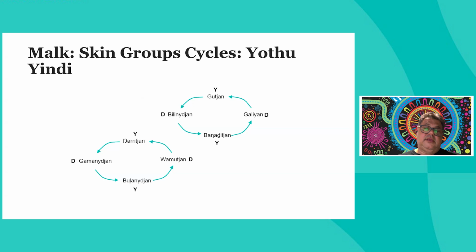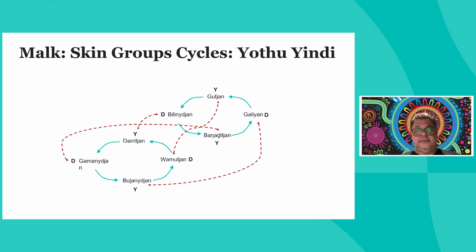So from the mother, you move where the arrow is to their children. So all the women in Balanjung would give birth to the next one along with Bernardijung, and all the women in Bernardijung would move along with being Kalyan. Yeah. So when you marry, you actually marry across the circle. So go to the next slide. Click. These are the connections when you marry. So when you're in Gutjung, you'd have to marry someone in Wamatjung on the other circle. So it works like that.